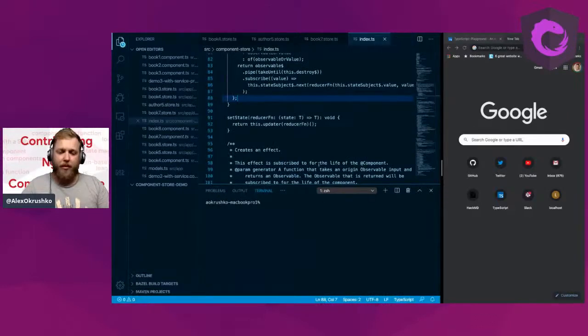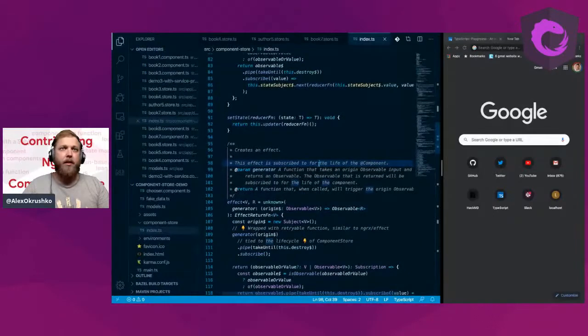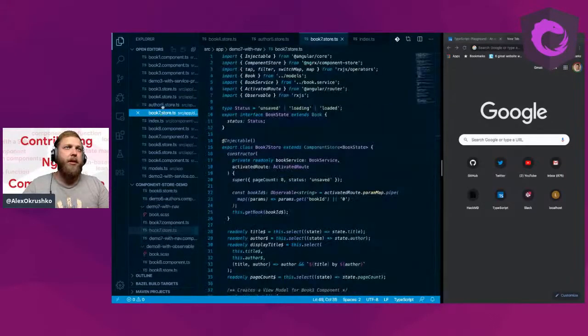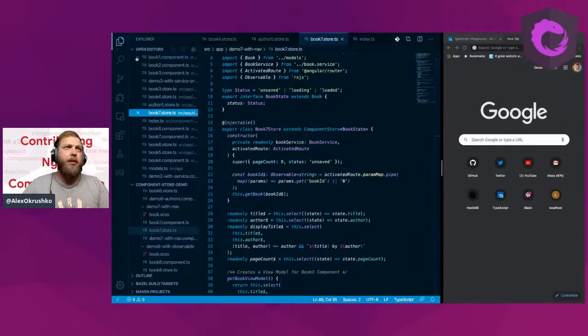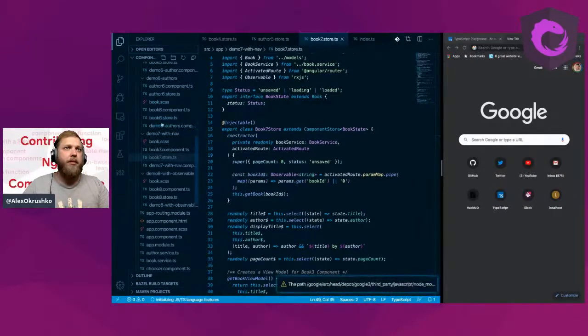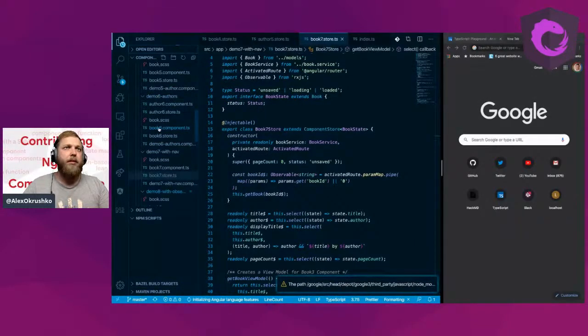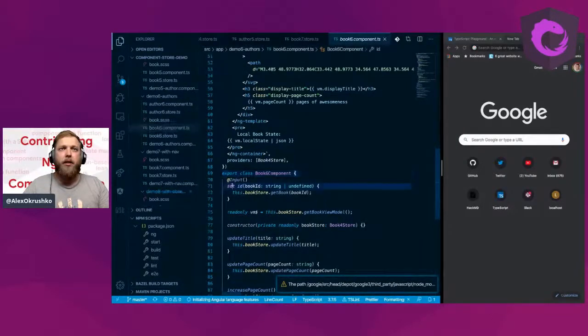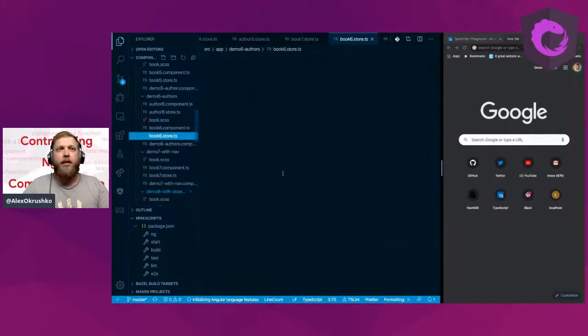Alright, so here's our component store. And this is our effect. So we'll copy this code of the effect. But in the meantime, we'll see where it was used. Well, it was used in a lot of open editors. Let's see, for example, authors. Oh, book 6 is fine as well. Let's see. Yeah, so basically we were setting the ID, passing the ID and the book, and then we had this component store, which was a book store here. It was getBook, right? And then if we go in here, there's passing the ID. So the getBook itself,